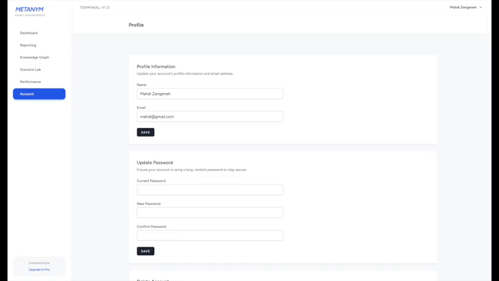Once you do that, take the knowledge graph for a spin, try out our simulation module. You'll have access to all the standard portfolio management software. You'll have access to all the usual features. Once you've got your basic attribution in place, once you've got your basic workflow and reporting cycles, take a glimpse into the future and see what risks you might not even have considered might be relevant and might be most concerning and important to you and to your clients. This is the promise of the Metanym Risk